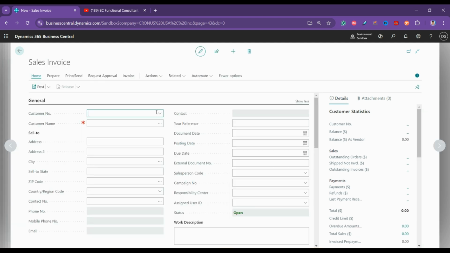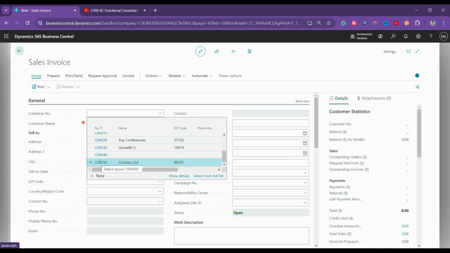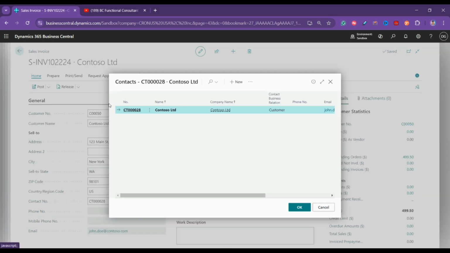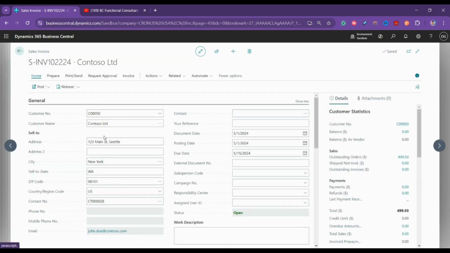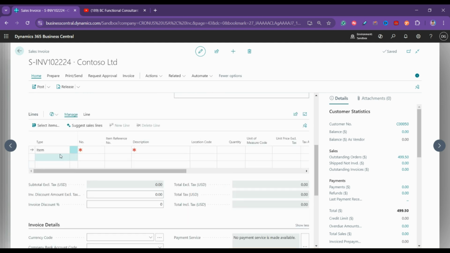Okay, customer number. You can give the customer to whom you want to create this invoice. The customer name will be automatically generated. Then you select the contact person, and whom you are going to sell to. And here you have to add the line numbers,